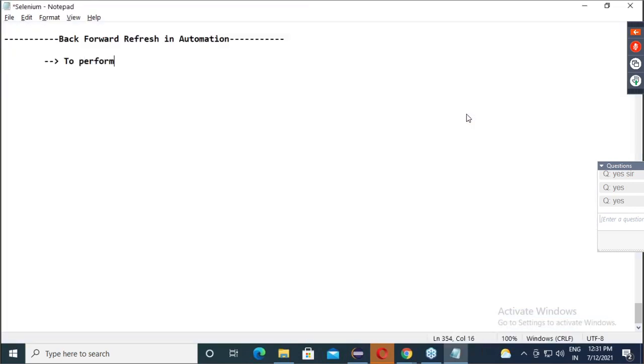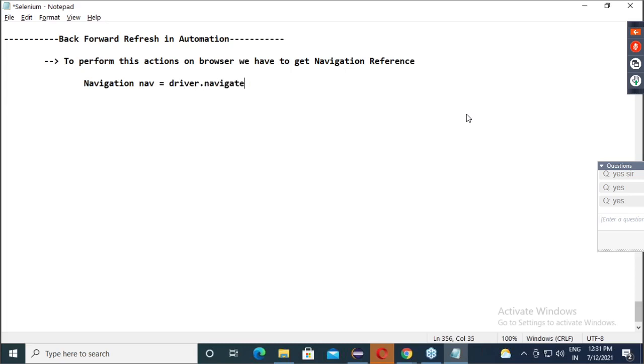To perform these actions on browser, we have to get what? Navigation reference. Guys, don't copy, first pay attention. So navigation reference. In this, how to get that navigation reference? Navigation nav equals to driver dot navigate. Now, under this navigation,